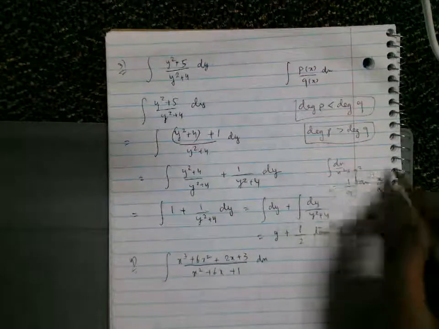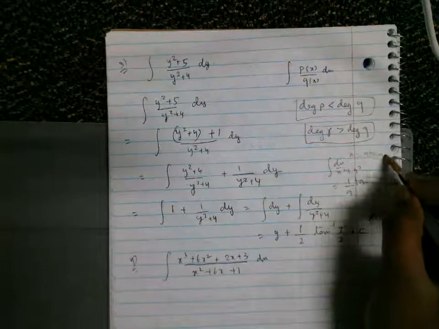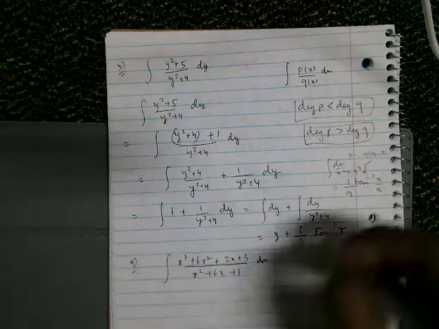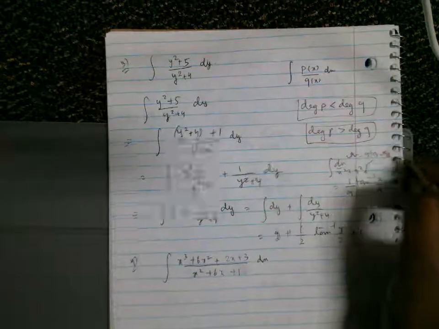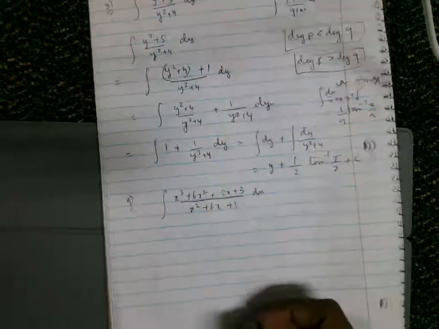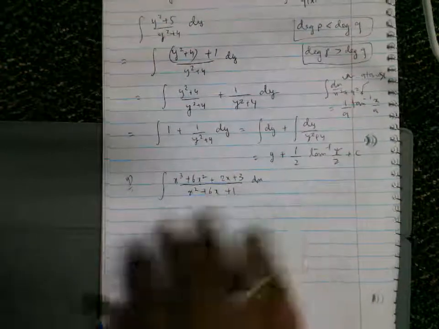So how do we get this formula? Well, it's just the same. You use the substitution x is equal to a tan theta, and then complete the problem. Sorry, u is equal to a tan x, and then you can complete this problem. So now let's look at another problem.